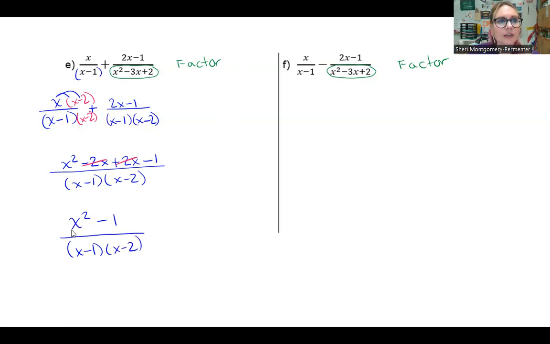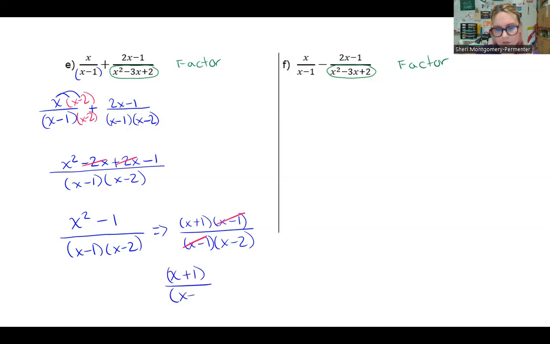Last step, I got to check and see if I can factor the numerator. In this case, I actually can because this is a difference of perfect squares. So this becomes x plus 1, x minus 1, all divided by x minus 1, x minus 2. I'm going to double check to see if I have any common factors, and I do. X minus 1, x minus 1. So those can reduce. I am left with x plus 1